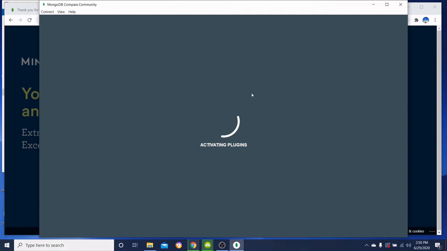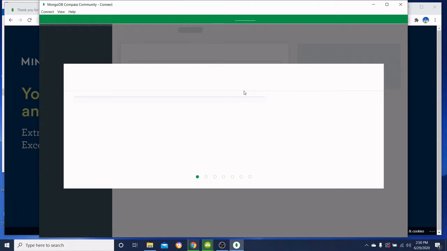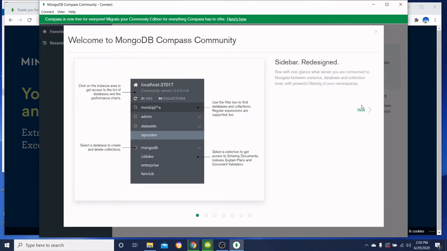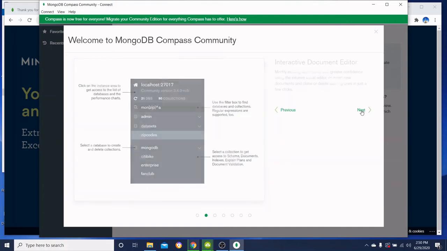And you can see it's initializing the process for MongoDB Compass Community. And you can go click